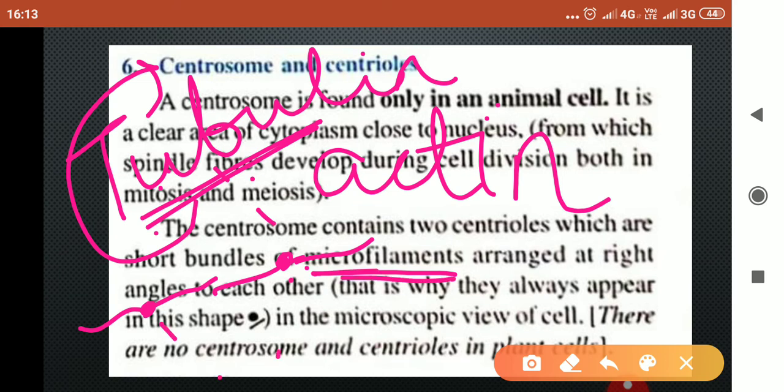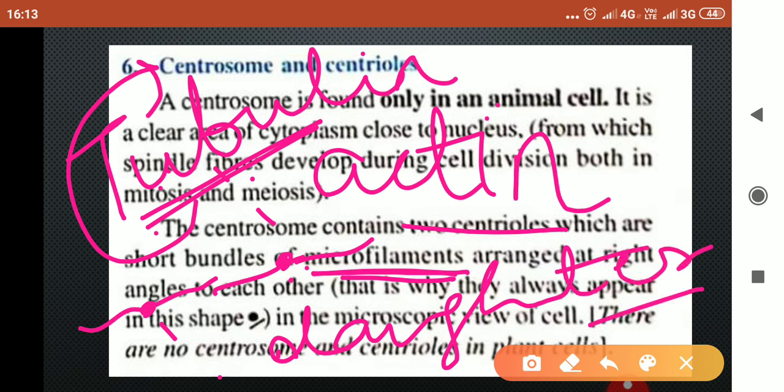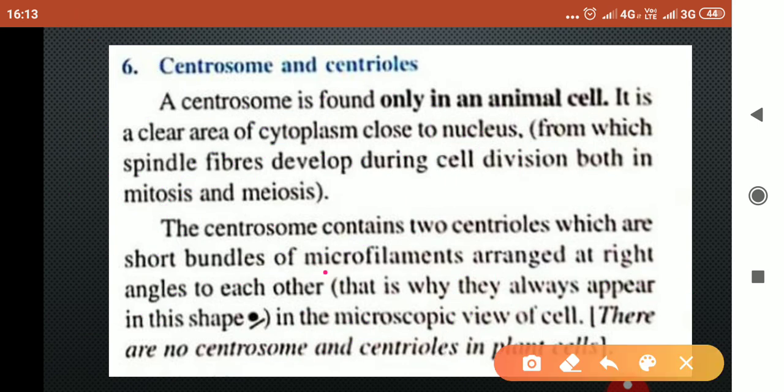Now this microfilament is made up of actin protein, and it helps in the separation of daughter cells after they are formed during cell division. So children, this was about the microfilament. Again I am telling you that microfilament is a structure which provides a support to the cell made up of actin protein, and it also helps in cell division to separate the daughter cells after they have divided.